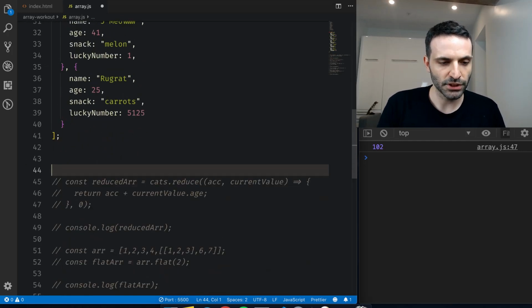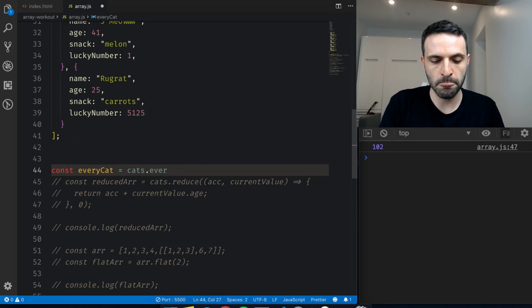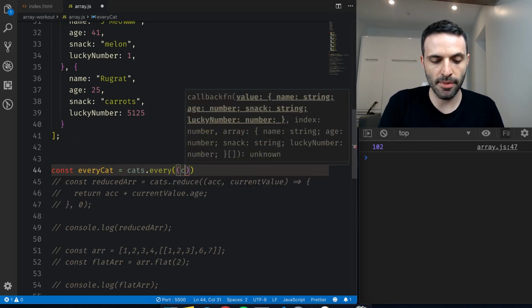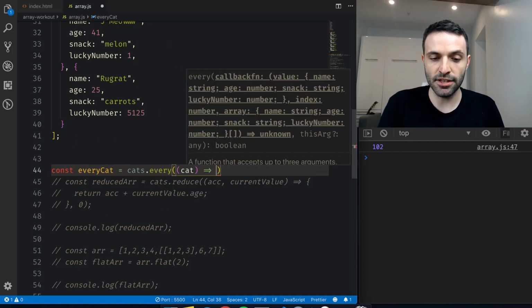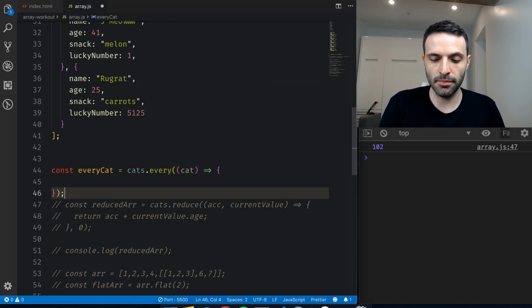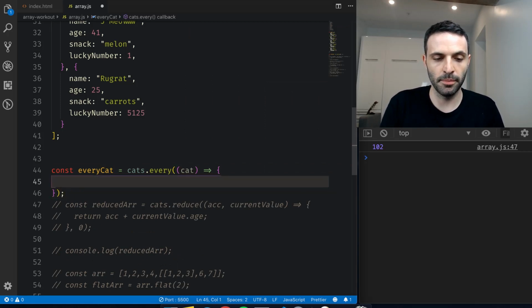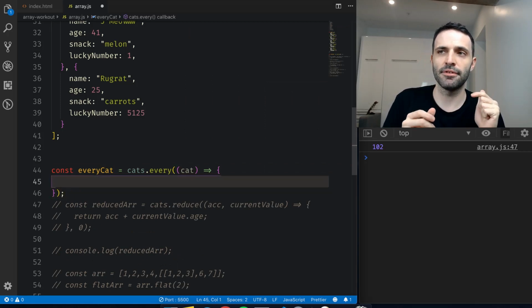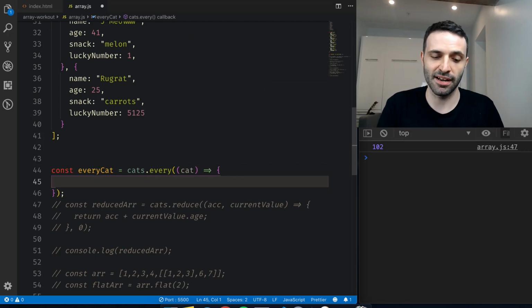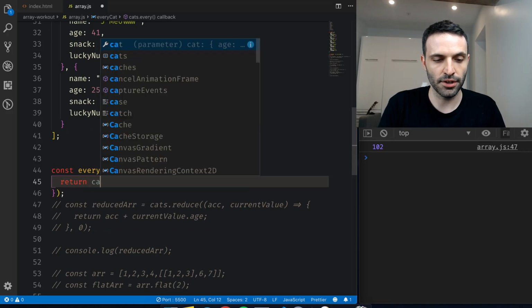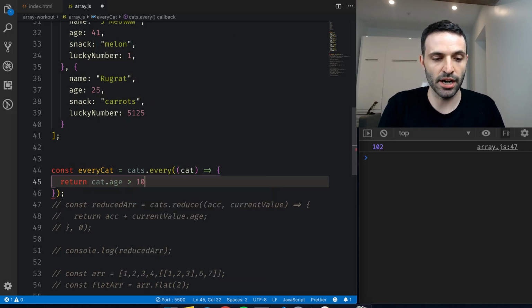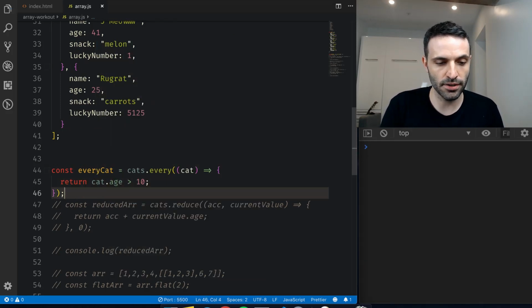Okay, every. So every cat is going to be cats.every, and this is also going to take a callback function where we can say cat, and this is similar to sum, but in that it needs to make sure that every cat passes a certain set of logic. So it's only going to return true or false. We can say return cat.age is greater than 10. It should return false as soon as we